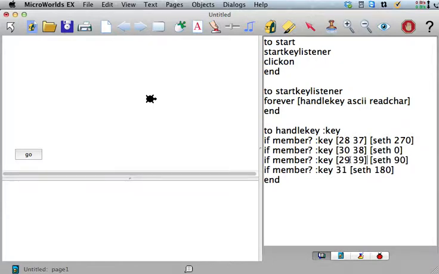So you can just make these lists and check to see if your key is a member of that list. So if you're on a Mac, you'll find if the key pressed is 28, you'll find it in this list, and you'll set the heading to 270. Or if you're on a Windows machine, you'll find the 37, and that'll work. So this is a way of writing a procedure that will work on both a Mac and a Windows machine,